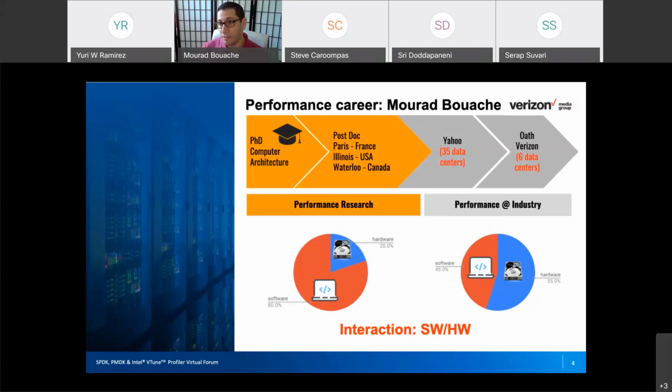When I moved to the industry, through Yahoo, Oath, and Verizon, with all the data centers that we have, I had more access to the hardware. So I learned a lot in the industry about hardware, because mostly we touch the hardware and test things. Thanks to our managers, especially Hugo, he gave us a green light to do whatever we want, especially in any initiative, to play with the hardware and try to apply the software tools and libraries to get the performance. So I think the mix between research and industry is a very good interaction between software and hardware in terms of performance.